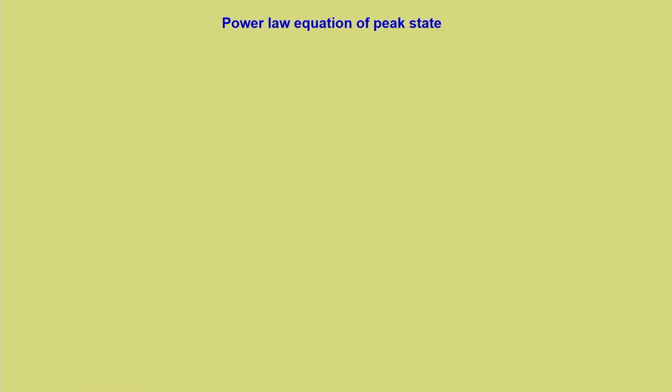Now, let us see what is known as the power law equation of peak state. Now, we have represented the linear representation of the peak line in a normalized parameter. We would also like to see, if we actually consider the real behavior, how it would look. When I say real behavior, what I mean is, we have said that the peak line cannot be extended beyond a certain point on the left side or towards the low confinement stress region. So, if that is the case, is there a better model to represent peak state, which is even more general